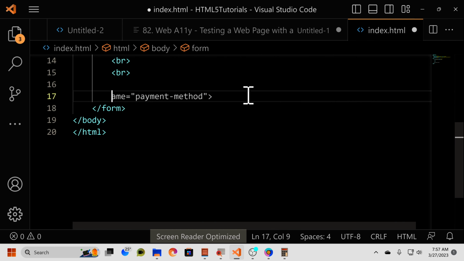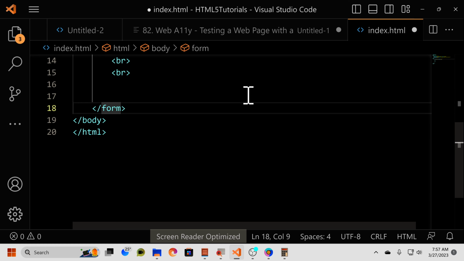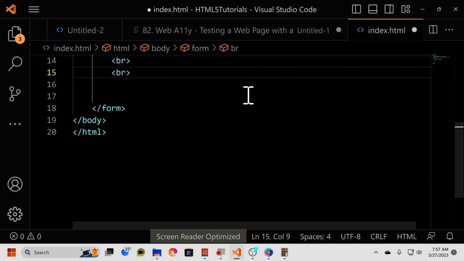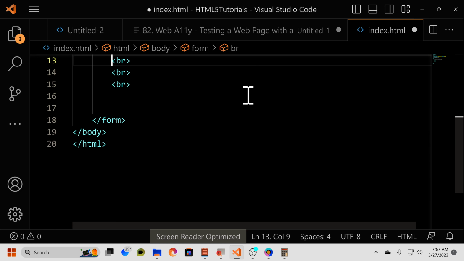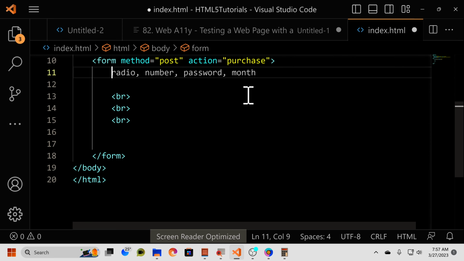Okay, so let's go ahead and try to get rid of these. Okay. Now that we have the radio buttons out of the way,